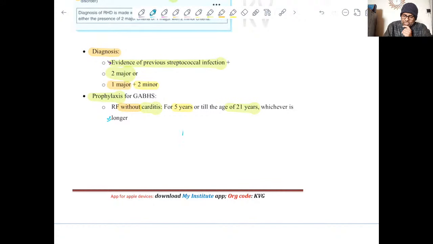So suppose if the patient is of 13 years, right? So if you give for 5 years, it will come out to be only 18 years. But you can continue it till 21 years, and here the duration of therapy will be about 8 years. So obviously this one is longer here. So we will follow this